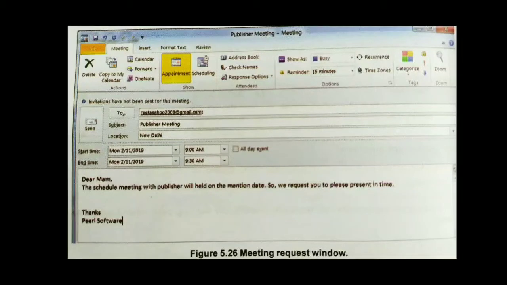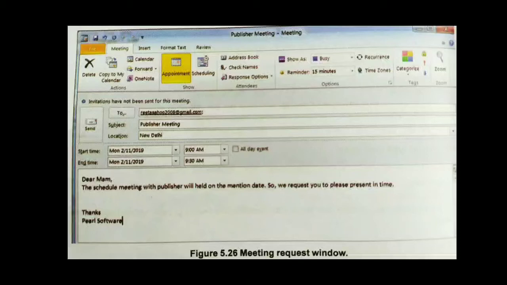You can create and send meeting requests to others, for a face-to-face meeting or for an online meeting. To create a meeting, you must identify the people to be invited and the resources to be reserved, and pick a meeting time. Resources means, suppose it is an online meeting, then you need to maintain your resources, and when it is a face-to-face meeting, then you need to think about place, location, or what type of instruments or resources you require. So before assigning a meeting, first you take care of your resources.